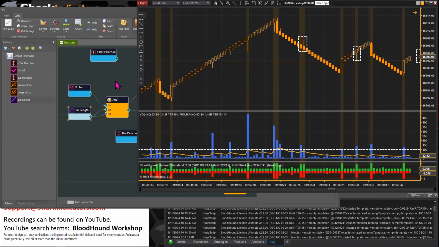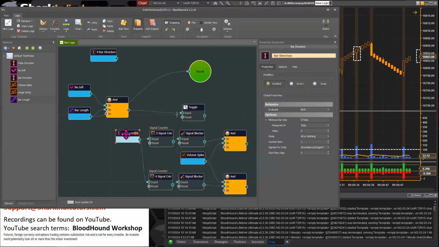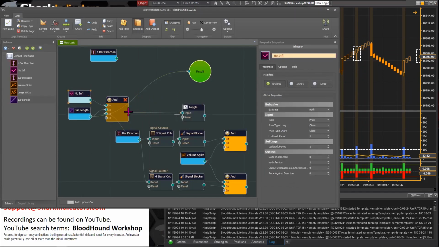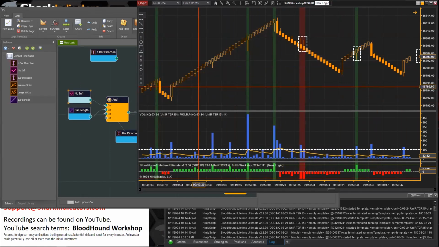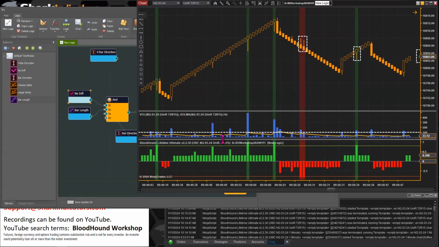So we need something to filter, to tell us what is the direction of the Renko bars here. And so I just simply took this bar direction and connected it in there. And let's take a look at the AND node. There we go. So now, let's see. All right, one other thing we need to clean up,